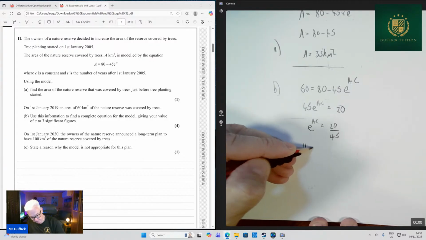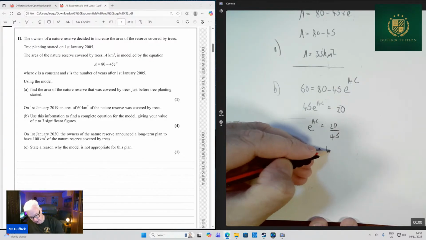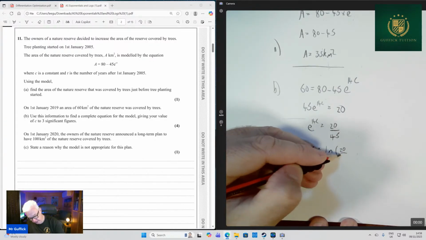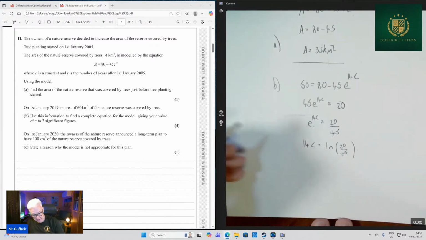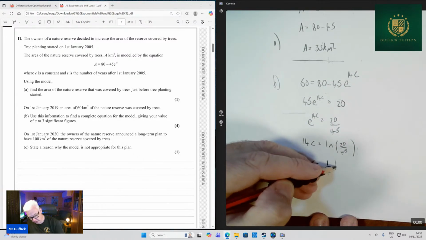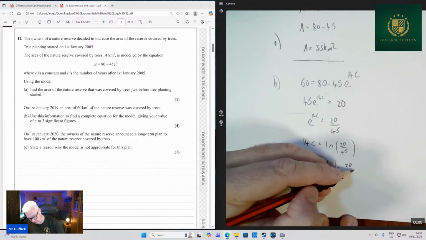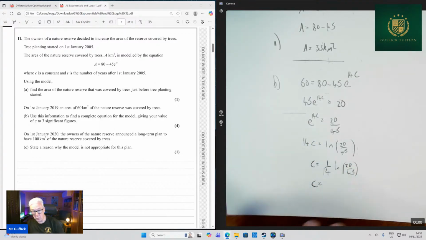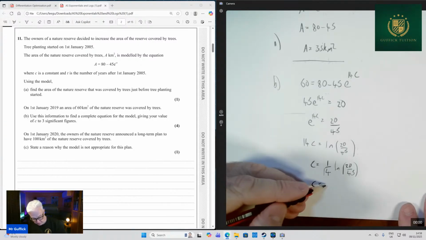So we're going to have that 14c is going to equal ln of 20 over 45. And then finally, we divide by 14. So c is 1 over 14 times ln of 20 over 45. And when we work that out in our calculators, that turns out to be minus